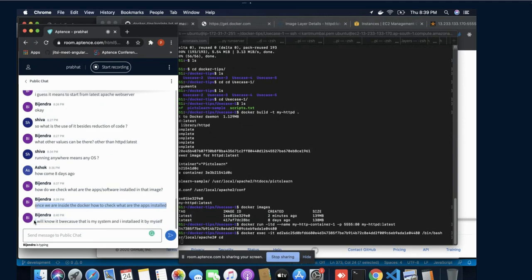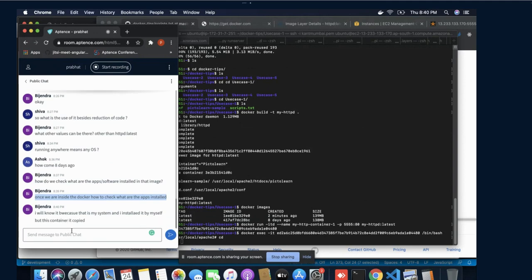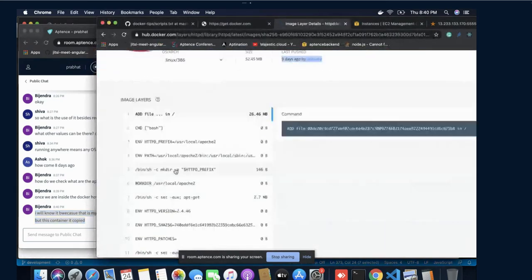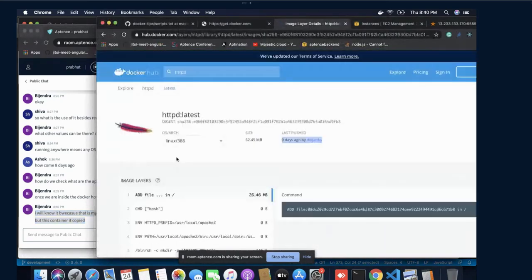Let's say I will know, because that's my system. So if you think like this one, but this container is copied, in that case you may have to perform this system. See,